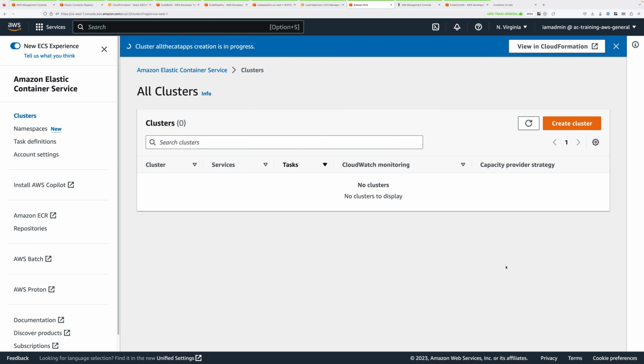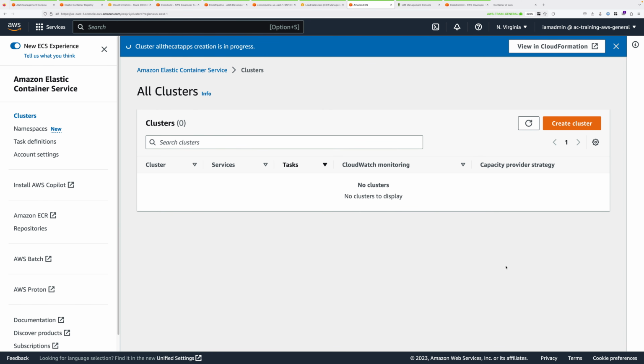And now we need to create a task and container definition. Now, the way that deploys happen with ECS using CodeDeploy is that we first need to perform an installation manually. So we're going to create a task and container definition manually, and then we're going to create a service and spin that up ourselves. Once we've done that, we can then use CodeDeploy to update this service whenever we make a new Docker image. Now go ahead and pause the video, wait for your cluster to finish creating, and then